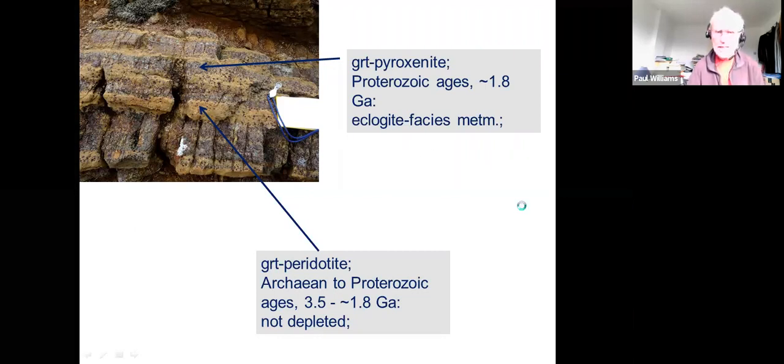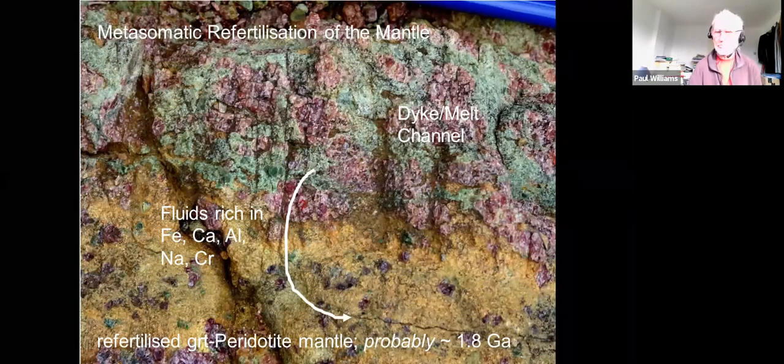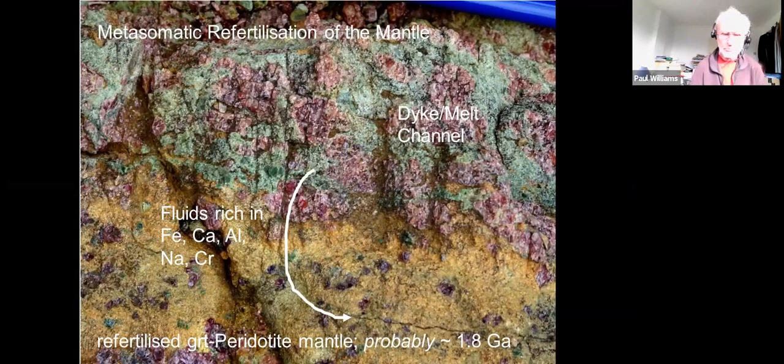And what we believe to be happening is that this pyroxenite was originally a melt. It's a melt channel, or you could call it an igneous dike. That terminology doesn't really fit under these mantle situations, but it's a channel of melt. And we know that it was generated at 1.8 Ga or thereabouts in the Proterozoic. And this melt percolated through the mantle. So it's a separate body of melt percolating through the mantle about 1 Ga ago. And what it has done,